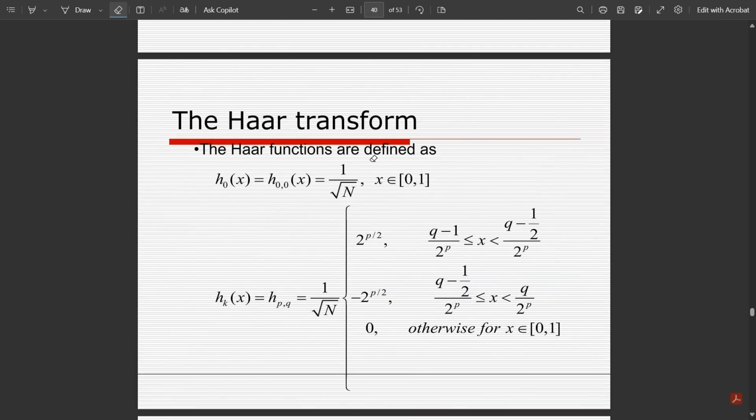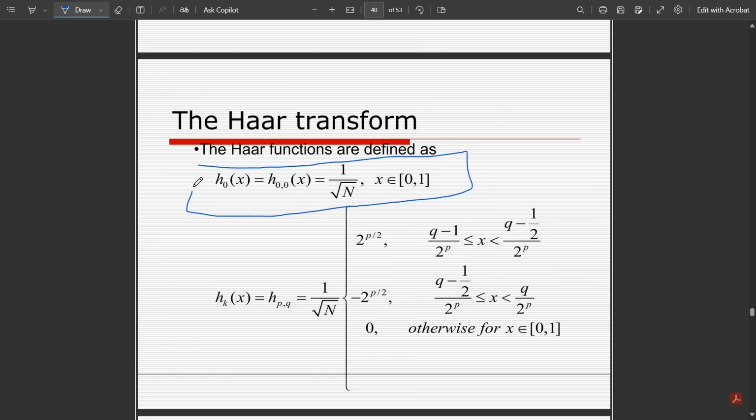And this is how the HAAR functions are defined, you see here they have given it. This is very important, guys. The HAAR functions are defined as h naught of x, that is h of 0 comma 0 of x, equal to 1 by root N, where x belongs to 0 comma 1. Only for values between 0 and 1 would this condition be satisfied, that it is equal to 1 by root N. Else, for hk of x, when k is other than 0,